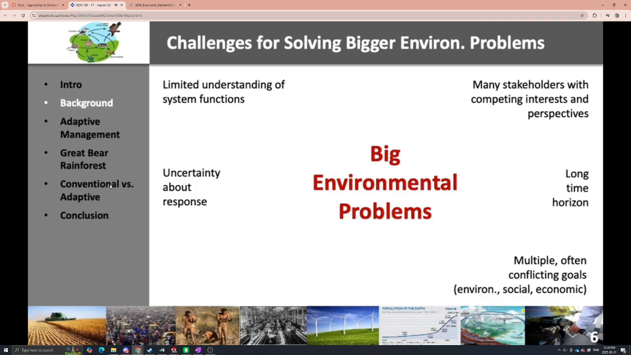Picture, for example, the contrast between environmental groups and forestry companies. Last but not least, an additional challenge is that given so much uncertainty and these long timelines, politicians and decision makers are often reluctant to act because the decision makers are worried about potential failures not looking good during the next election, which typically come up much sooner than the time required to make meaningful progress on these larger environmental